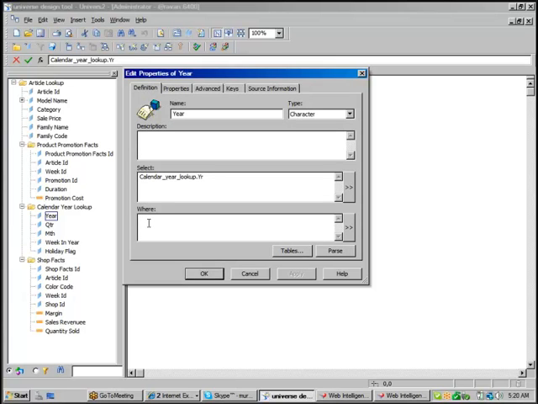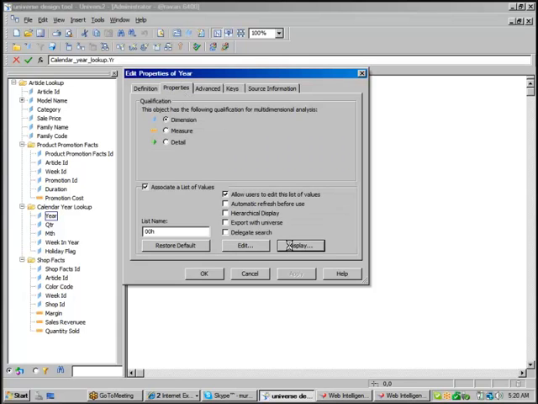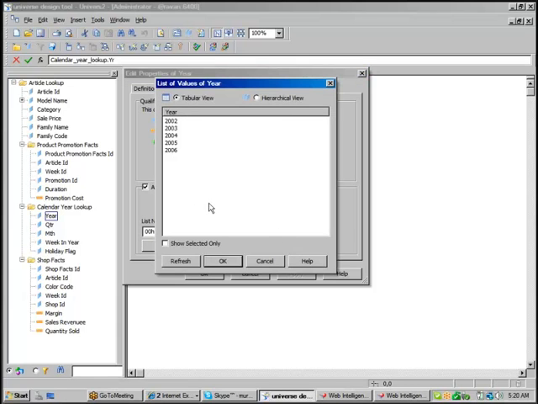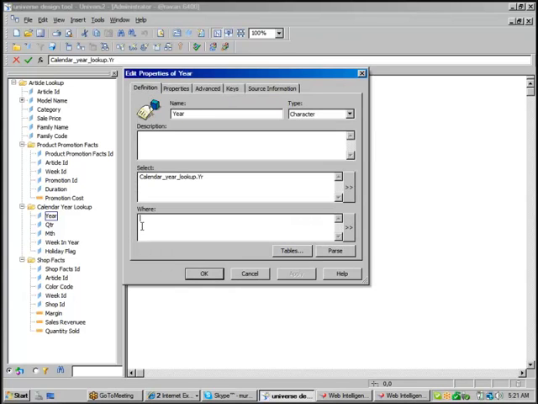For example, you are running a report with the year prompt. When you run the report, it will display the year list. Whatever values you select in the list of values will be passed as a where year equals 2004 in the definition tab. At that time this query will fire on the database: select calendar year lookup.year where year equals 2004. First this query will fire and display the list. Once you select a particular value, in the definition, in the where clause, it will write where year equals 2006, because you selected 2006 from the list.